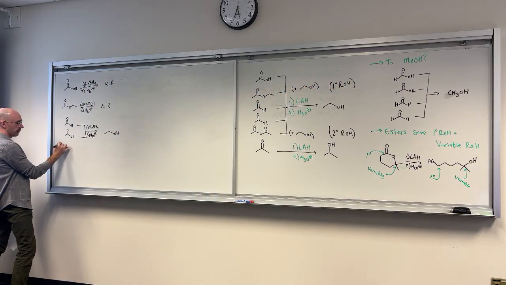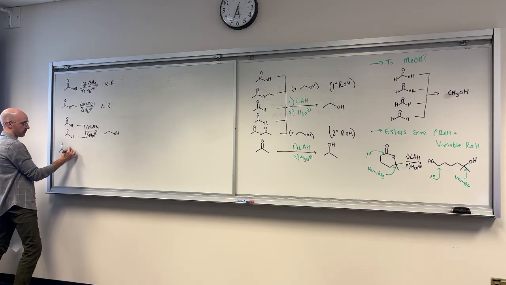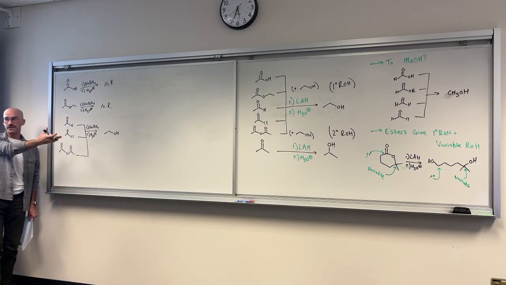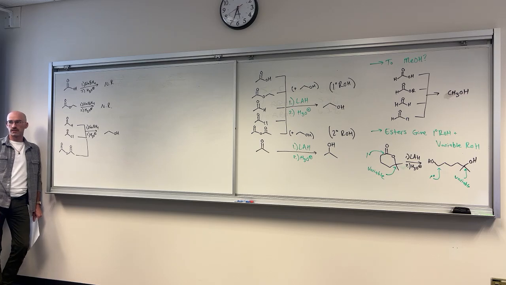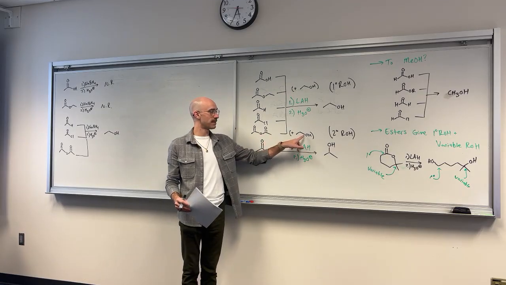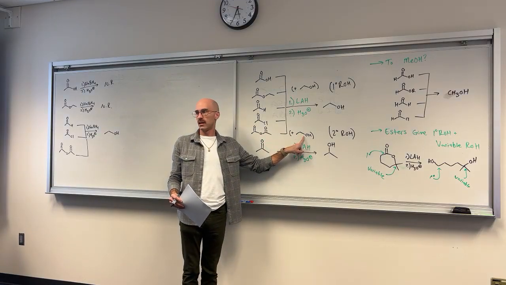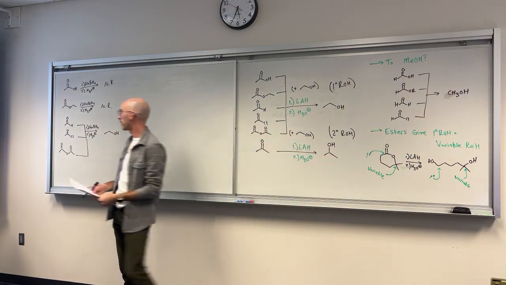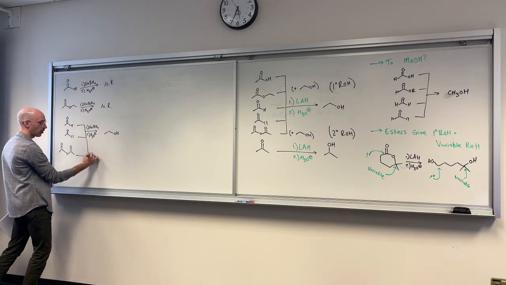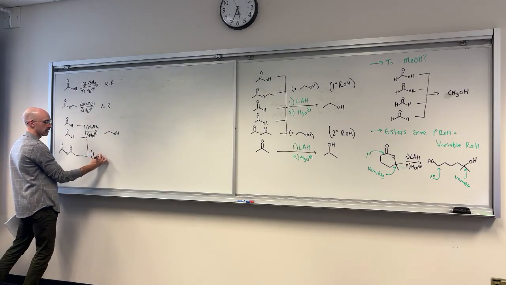And to be fair, the acid anhydride gives the same product as well, but this time with a bit of a twist. The acid anhydride last time gave me two equivalences of the primary alcohol, but this time the acid anhydride gives me my alcohol plus